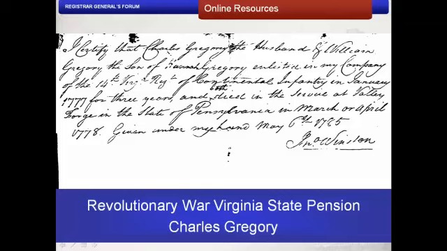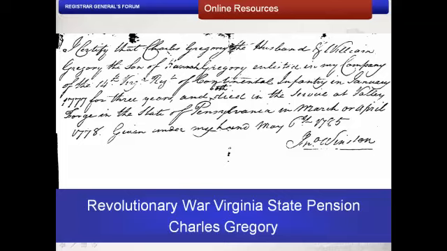This is an actual image accessed from the Library of Virginia's website from the state pension record of Charles Gregory, Sergeant, 14th Virginia Regiment, Continental Line. In this record, John Winston, company commander, certifies that his sergeant, Charles Gregory, and Charles's son William enlisted in his company January 1777 for 3 years, and that both died in service at Valley Forge, Pennsylvania in March or April 1778.